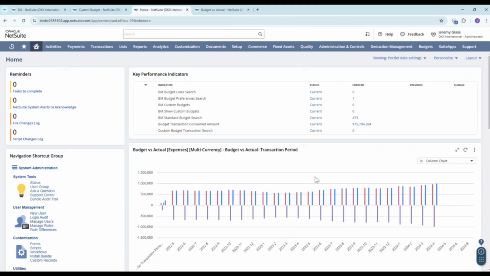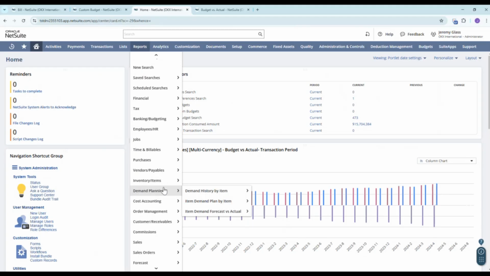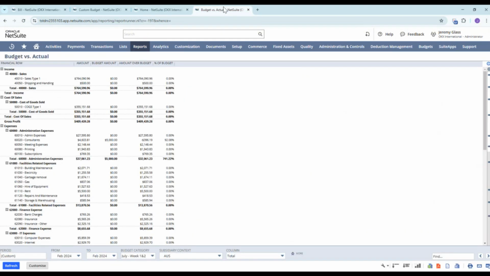And if I go to the actual report of the budget versus actual from reports, it should be under budgets. Let me quickly find it, banking and budgets. You will see here budget versus actual. So I also already prepared it under a separate tab. Once I click refresh, we see the same account that I used earlier, that I have a budget amounting to 5,000 for this specific period, and the amount over budget is already considered here. So it provides visibility into spending trends and helps with financial planning and forecasting.